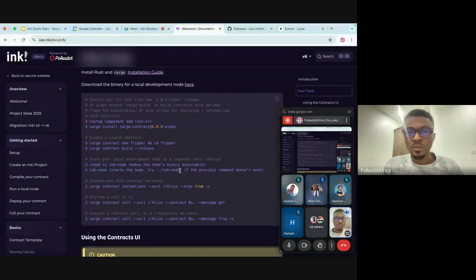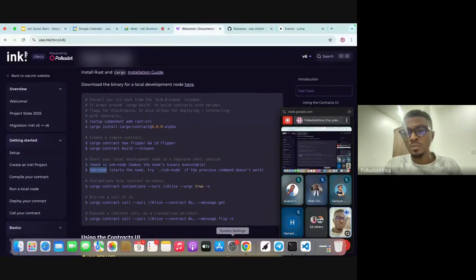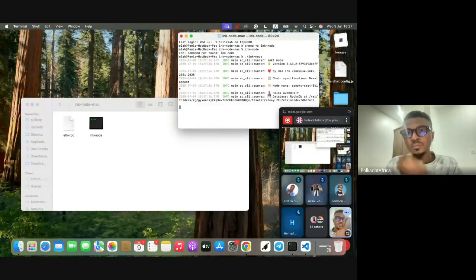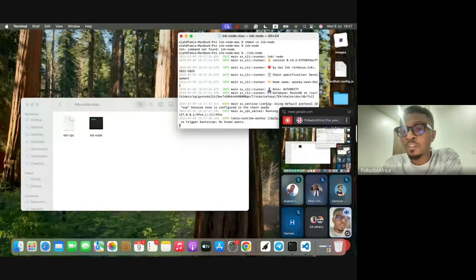I actually wrote this part of the documentation because I tried using this, it didn't work for me, so I had to use the other command. Apparently this works for some people, but let me try it now. It says command not found, but when I do this, I'm able to start the node. Now I have